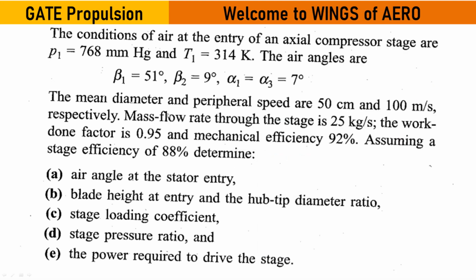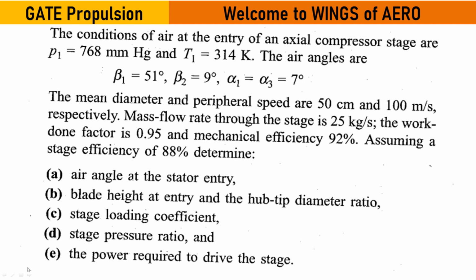Okay, so they have given the mass flow rate at the stage is 25, work done factor is given, mechanical efficiency, assuming the stage efficiency is given. Now you need to determine the air angle at the stator entry. Okay, that means,